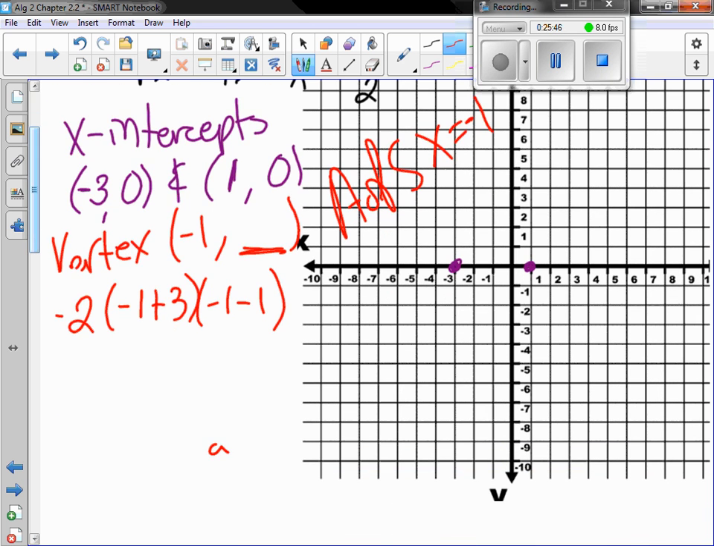So to find the y value of the vertex, we've got to plug it back in. Well, -1 plus 3 is 2. -1 minus 1 is -2. -2 times 2 is